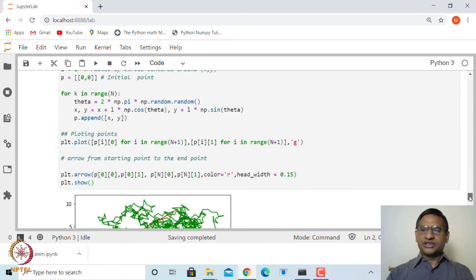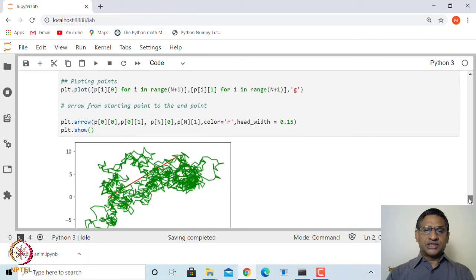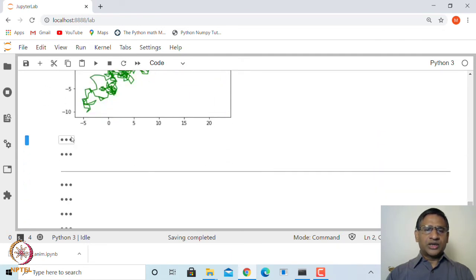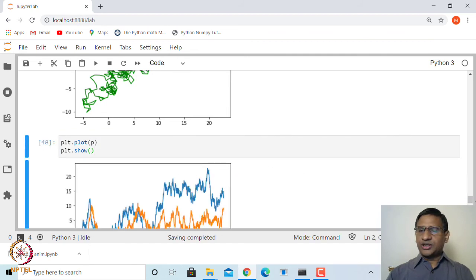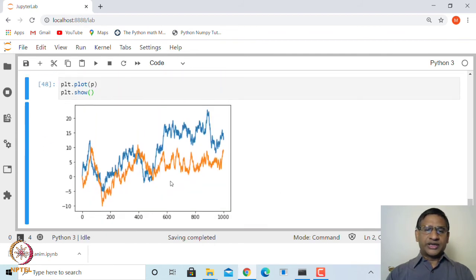We are just making use of all these things in this random walk. Of course, if you have plotted just the set of all the points in this P, the graph will look like this. Here one is the x coordinate, how it varies, and the orange one is the y coordinate.